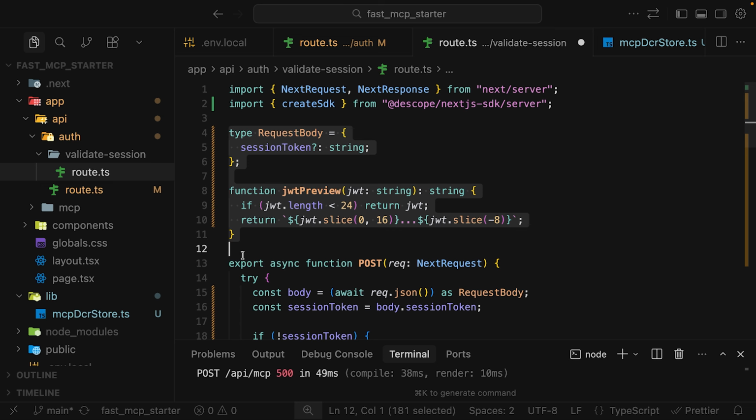Next, we define a simple type called request body. It is an object that expects an optional session token as a string. This helps keep our TypeScript compiler happy. Below that, we have a clean little helper function